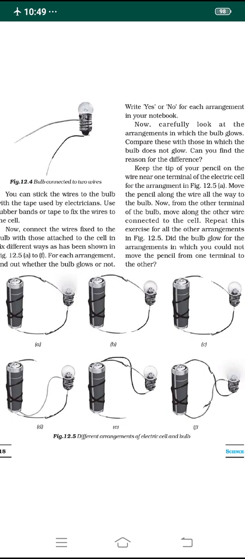Here the 4 pieces of wire have been connected to the cell as well as to the bulb. You have to check in which of these cases the bulb glows and in which the bulb does not glow. Dear students, go through all these diagrams, and I will explain and continue this concept